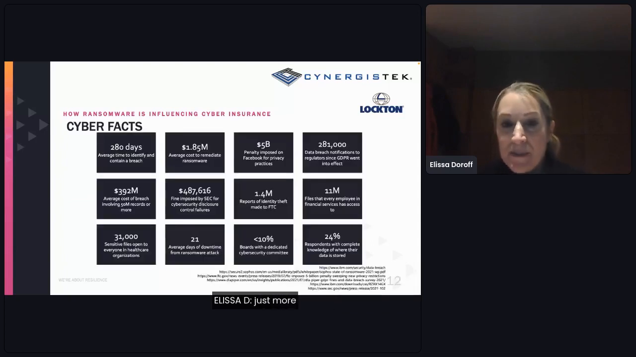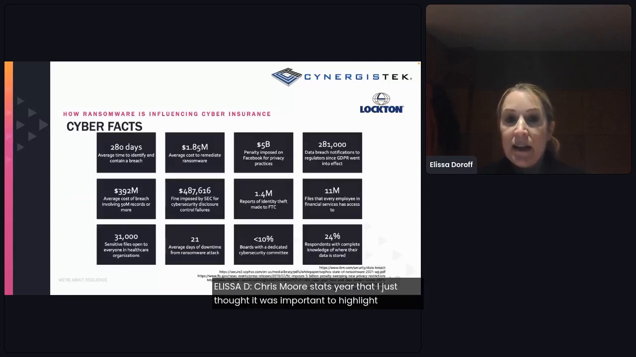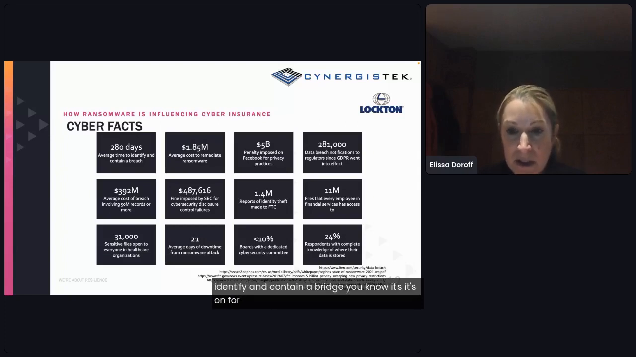Just some more stats here that I thought were important to highlight. This first one I like a lot, 280 days to identify and contain a breach. Unfortunately, more often than not, what I hear is companies are made aware of an incident or of a potential threat on their system from a third party, from a customer, from a vendor, worst case, from a regulator. So it's really important that you're doing ongoing monitoring,